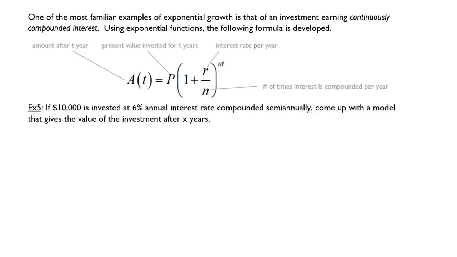Now, you don't necessarily have to understand how this was derived, but it is a good idea to refresh your memory on future value of an investment. This will allow you to calculate how much money you would have in the bank at some future time t. If you have $10,000 that is invested at 6% annual interest, compounded semi-annually, that means 2 times a year,